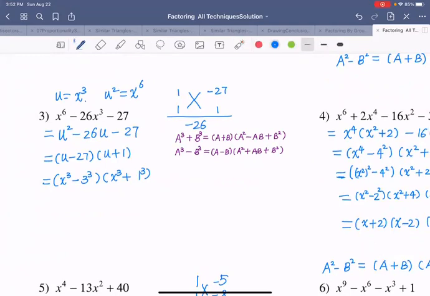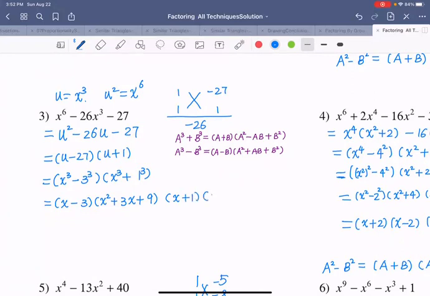The first one would be x cubed minus 3 cubed, so it is x minus 3 times x squared plus 3x plus 9. And the other one would be x plus 1